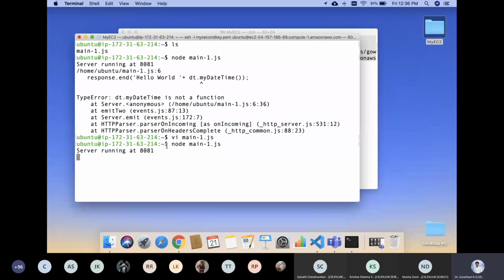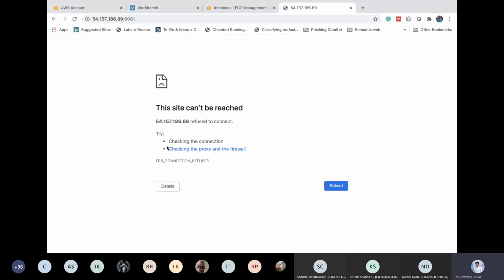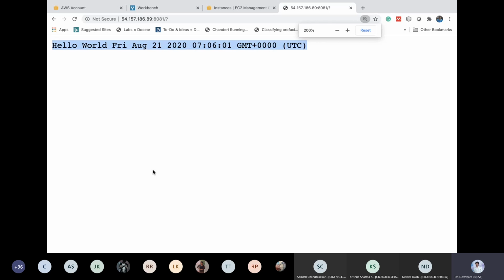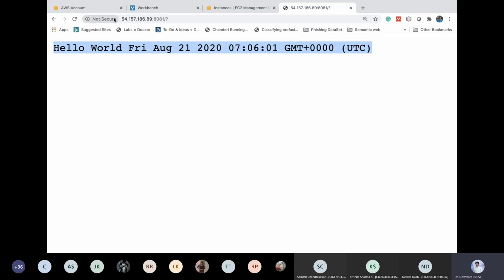Now you can go back to the HTML file and check whether your program is properly working. This is my HTML file. I'm going to click on get date. Now see, I'm getting an output from the Node.js server. This is an open IP. Anybody or anyone in the world can access this. Now I'm going to give you the HTML file through WhatsApp. You can use this HTML file and connect it to my Node.js server.